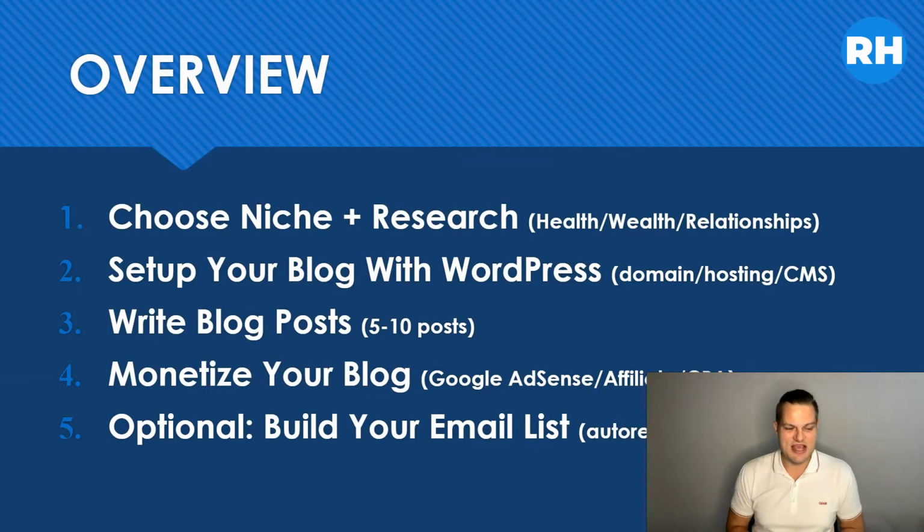So here you see we have an overview of the 5 steps that you have to go through in order to start your blog. The first step is to choose your niche, and here you have to do some research as well. You would have to do some research about the popularity of the topic or the niche and the sub niche or whatever it is that you are targeting. Then you want to look at your competitors as well. Are there other blogs? How are they positioning themselves? Are they getting a lot of visitors? How are they getting their visitors? What are they focusing on?